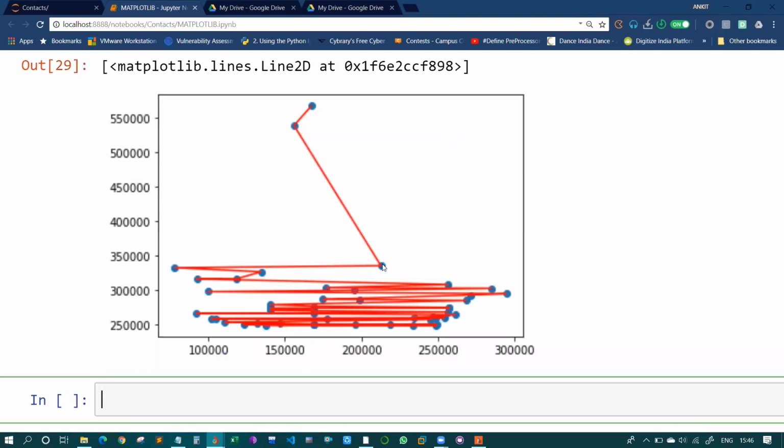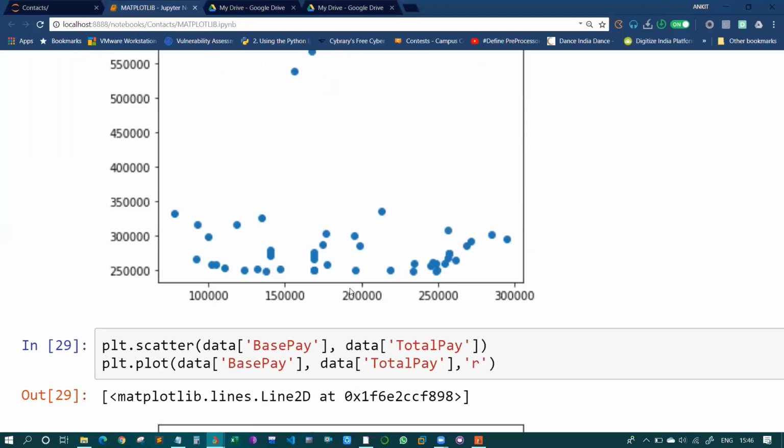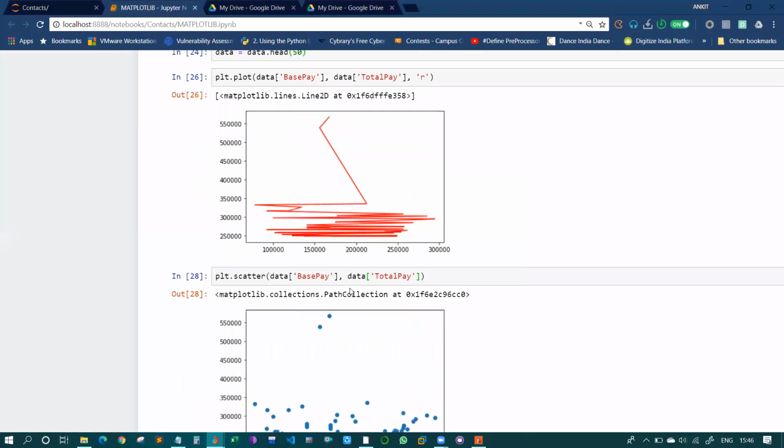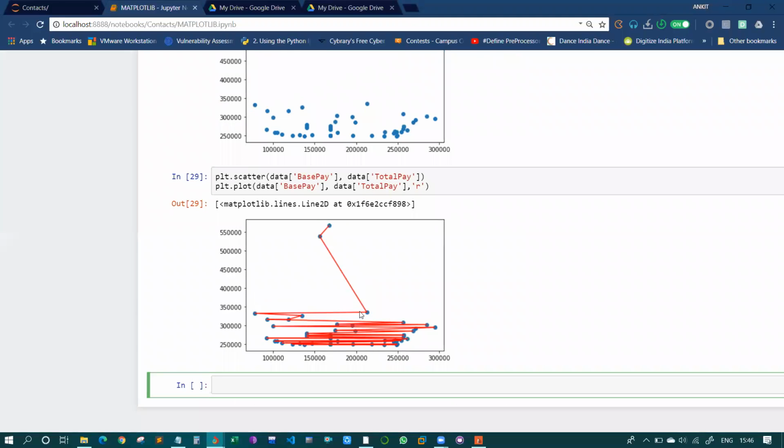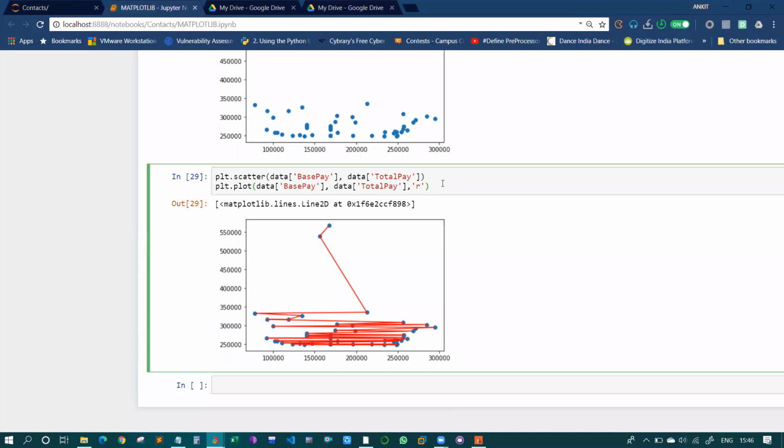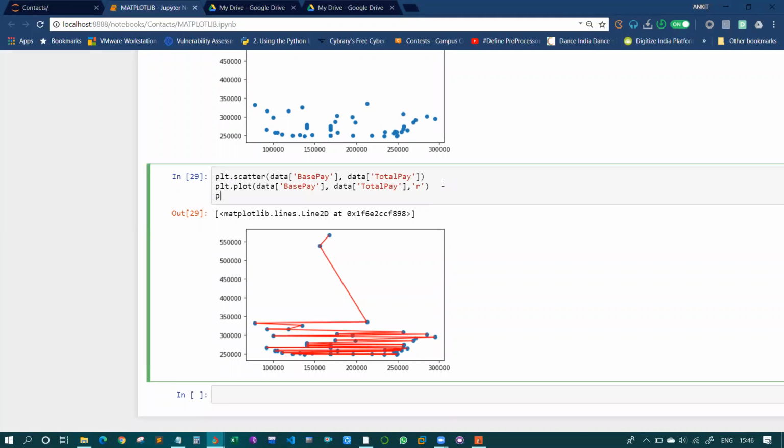So now I think this graph looks much better than the above two we got. It contains lines and dots and every variable, the values and the information. So this graph is much easier to interpret. It would have been better if there was a legend, so let's add a legend also.